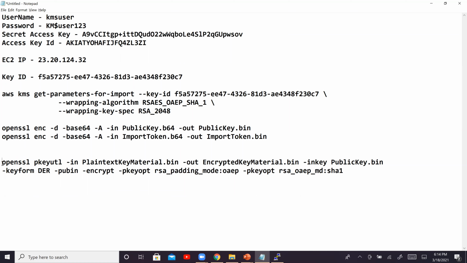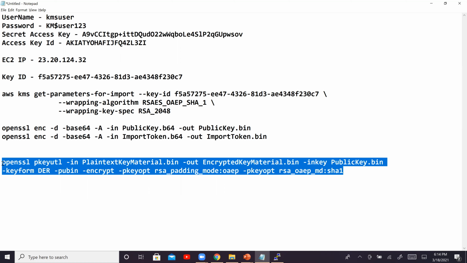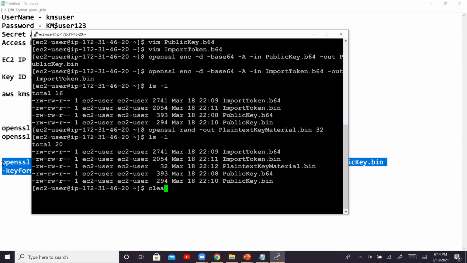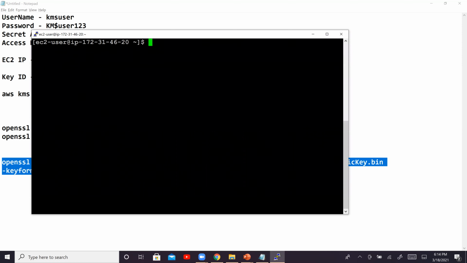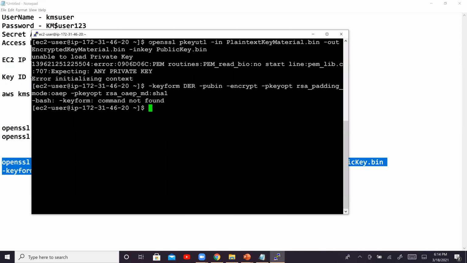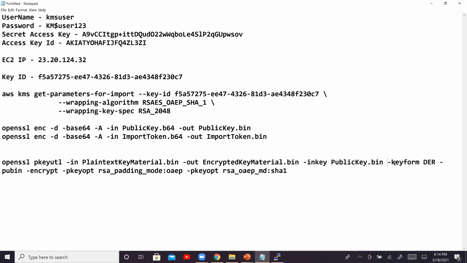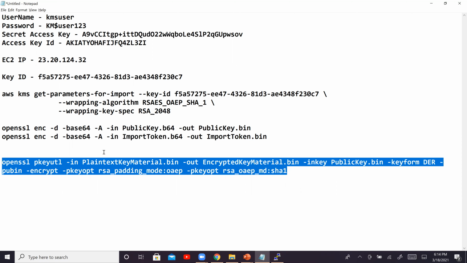Okay, so let's go ahead and copy this command. Go back here, clear. Okay, clear this. Okay, now hopefully this should be good.